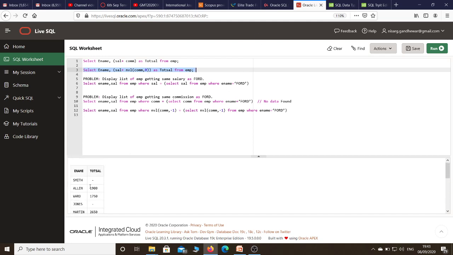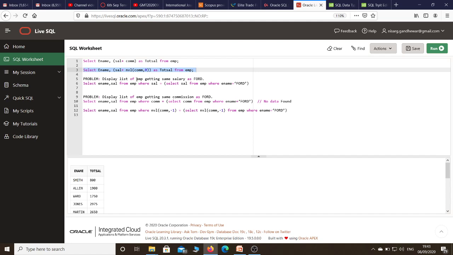Now in case of Smith we should get a total salary of 800. So we try to execute this query. I executed this query, and now you can see no total salary is null. In every total salary you will find some kind of value. Why is it so? Because here the NVL function tries to locate the null value.